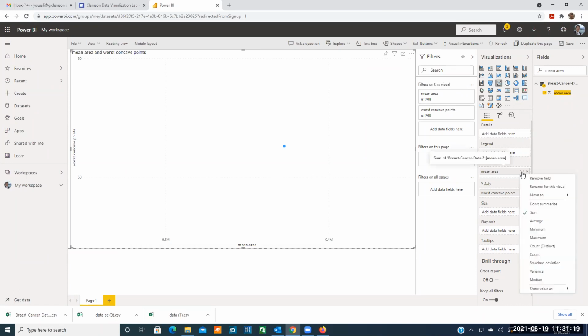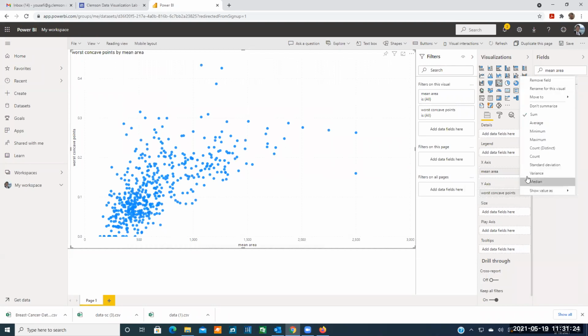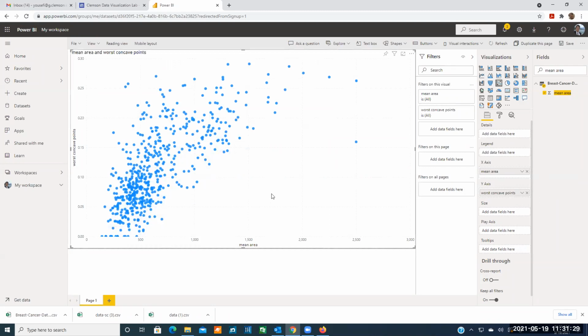Click on this triangle here. Click on don't summarize. Click on this triangle and click on don't summarize. And you should be able to see this. Any other problem, any questions? Okay, so,